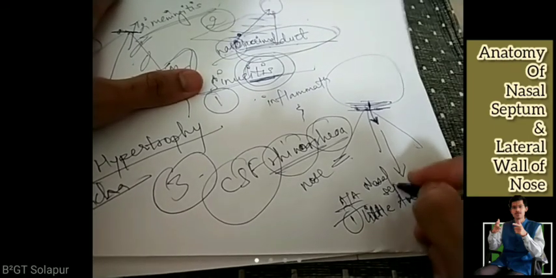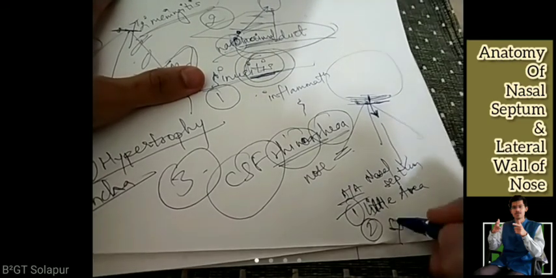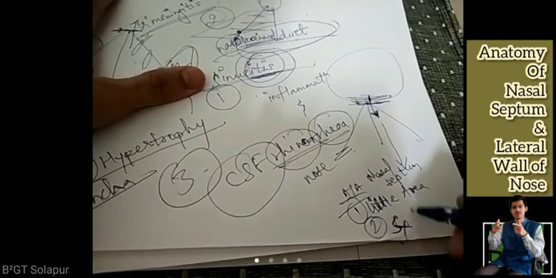And one more applied anatomy we had seen, that is where you have to go for surgical correction. SX means surgery. Surgical correction for deviation of the nasal septum due to infections.